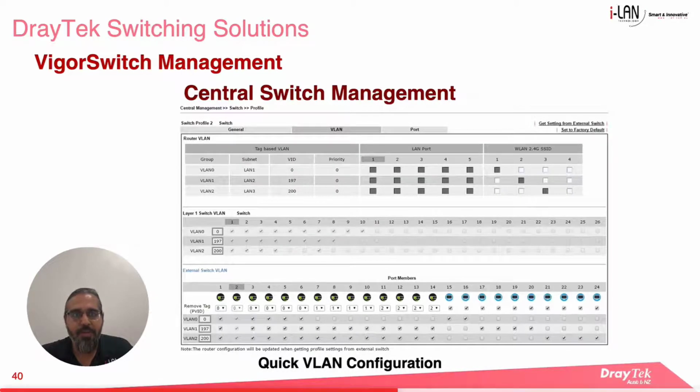The router offers a simple method to plan VLANs on the Vega switch. It presents the VLANs available according to the router's configuration. The port connecting to the router is automatically set to a trunk port, and you only need to define PVID when a port is a member of multiple VLANs.